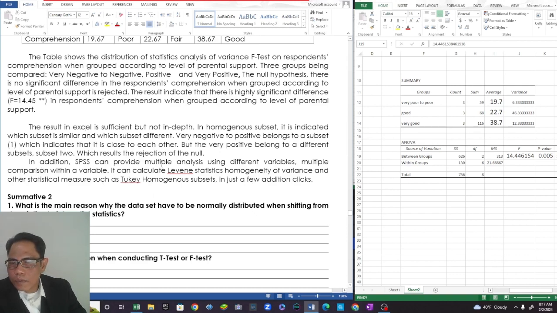In addition, SPSS will provide analysis of different variables, multiple comparison within a variable. You can calculate Levene's statistic of homogeneity of variance, and other measures such as Tukey homogeneous subsets in just three additional clicks. As I've said earlier, that's very good. But we still have to go to the basics, and the purpose of this book is really to teach the basic and important information to go through data analysis using Excel and SPSS,